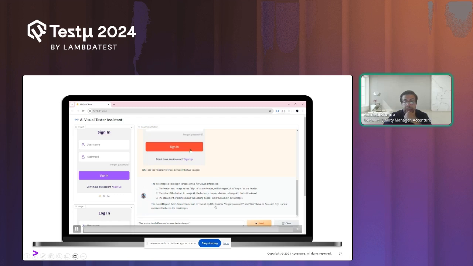So it's really able to identify and understand, without any inputs from my side, just by giving it these two images, and it's still able to identify everything here, right? And it even gives you some details also, that the overall layout, username, password, forgot, and don't have any account, are consistent between the two images.